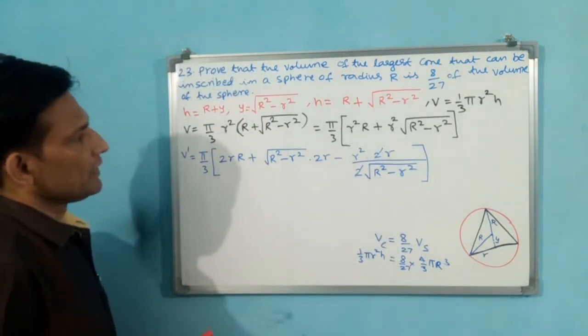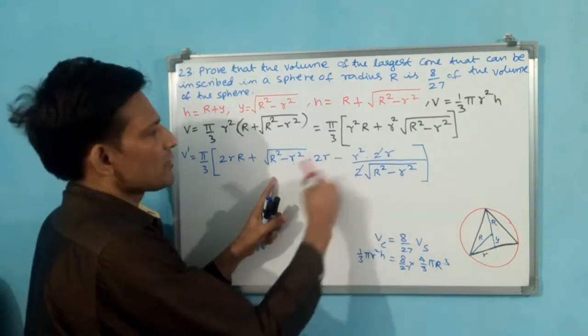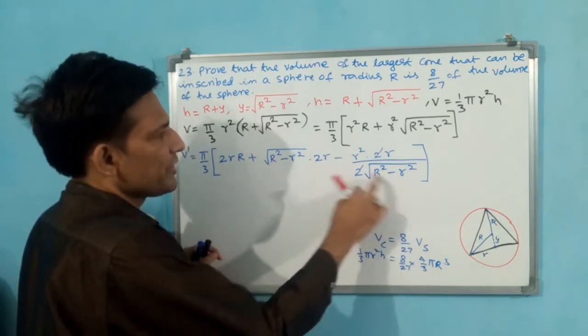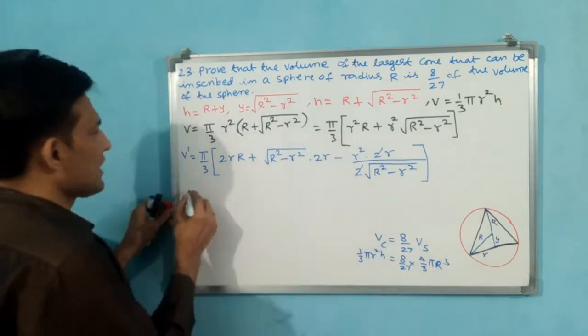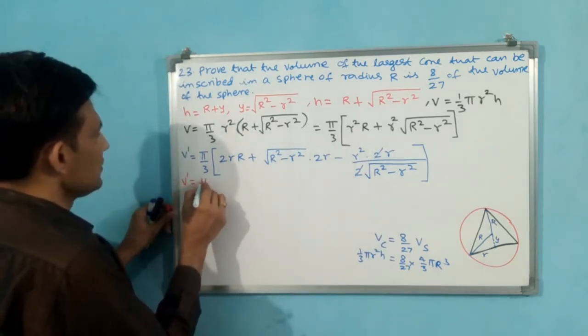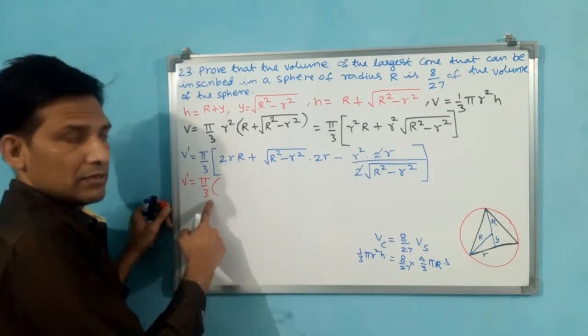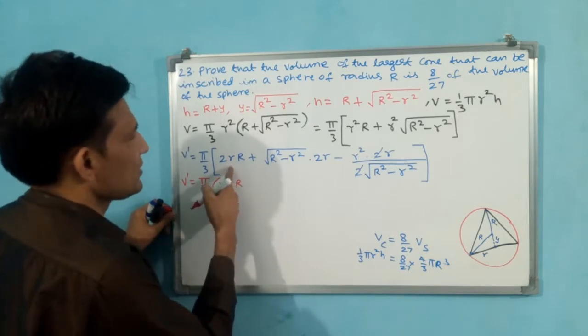Let's proceed further. You see, until these two only I am cross multiplying and writing. Why? Because see, r square minus x square, this root is going to get cancelled. That is why I am making it. Okay, you see what I am doing. Still v dash is equal to pi by 3. This time I am keeping this parenthesis, not a big bracket. 2r okay, but here we are not touching this.